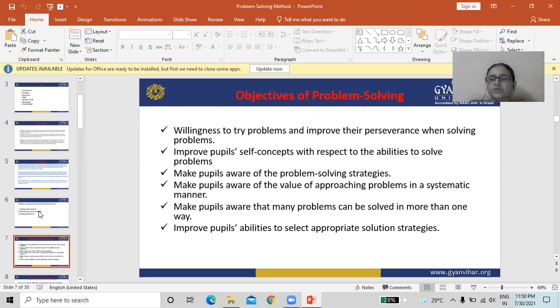Now we will discuss objectives of problem solving. Willingness to try problems and improve their preferences or reservations when solving the problem.